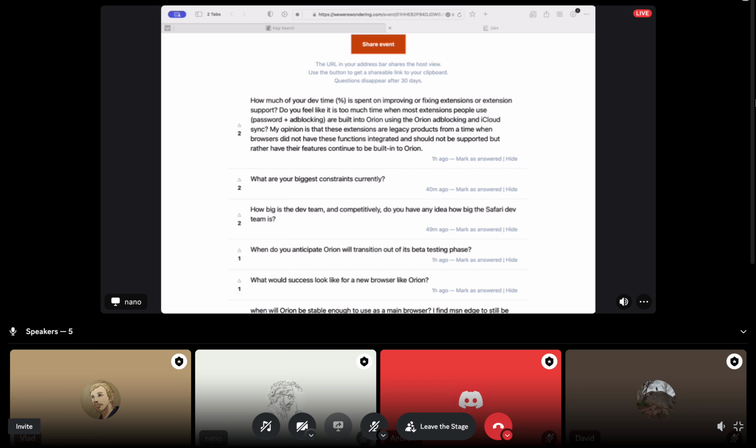I use iCloud Sync for passwords. I use the native ad block, but there are people out there who do not have the luxury of doing that. For example, you have your devices spanning across different operating systems, so you want to sync your passwords, or there are some extensions required of you by work and things like that. So